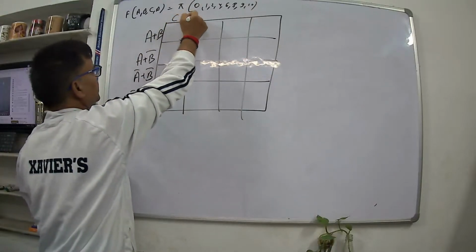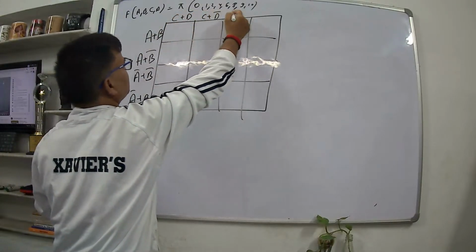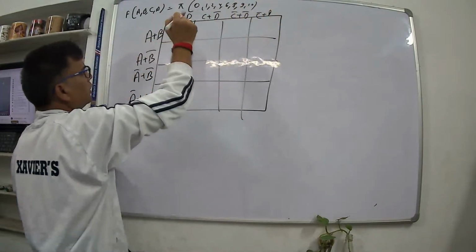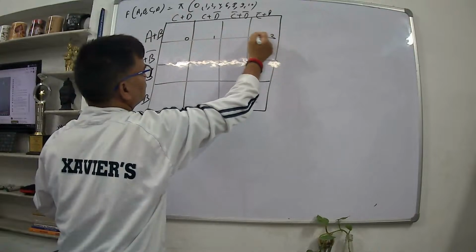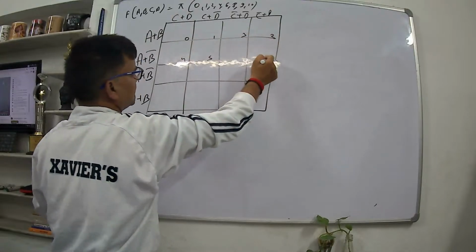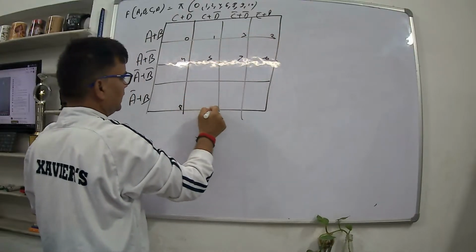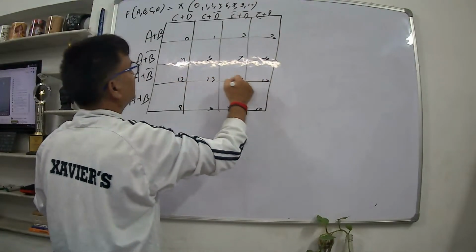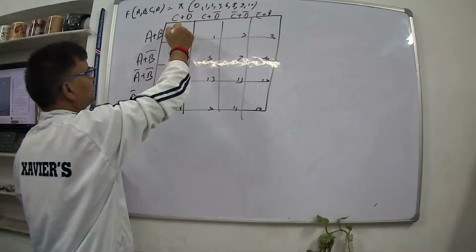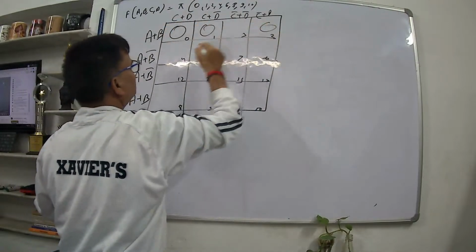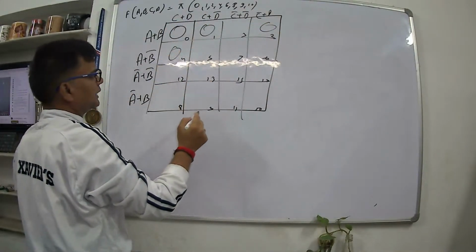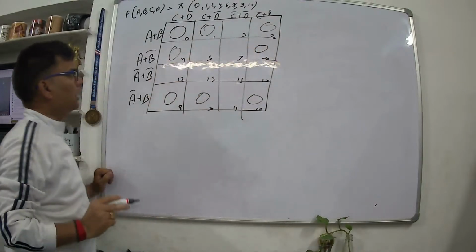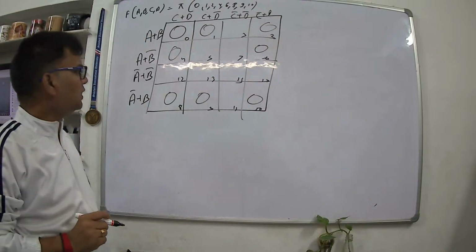Here C plus D, C plus D bar, C bar plus D bar and C bar plus D. Okay? Now 0, 1, 2, 3, 4, 5, 6, 7. The numbers will be like this: 8, 9, 10, 11, 12, 13, 14, 15. It is 0, 1, 2, 4. So 0, 1, 2, 4, 6, 8, 9, 10. Now you see here, if I talk about